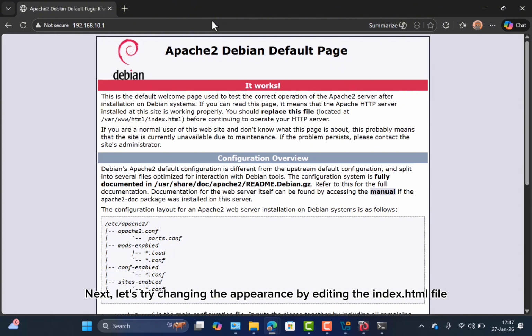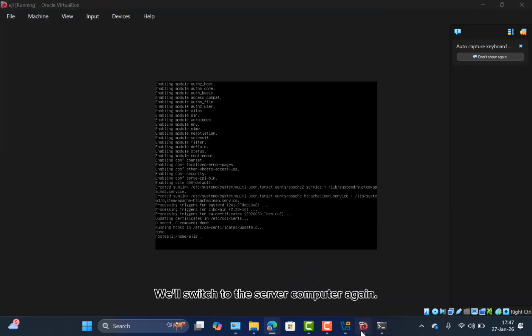Next, let's try changing the appearance by editing the index.html file. We switch to the server computer again. First, enter the /var/www/html directory by typing cd /var/www/html.